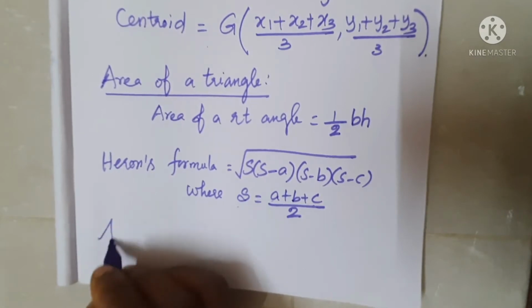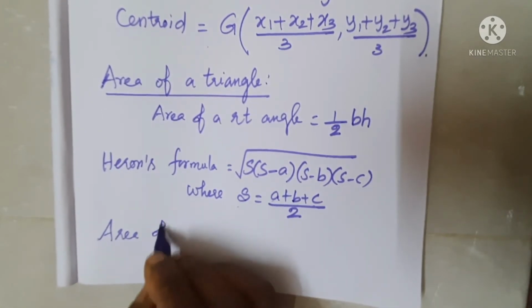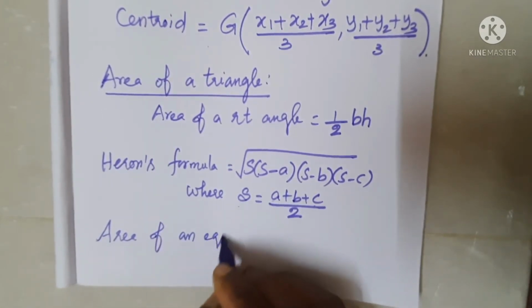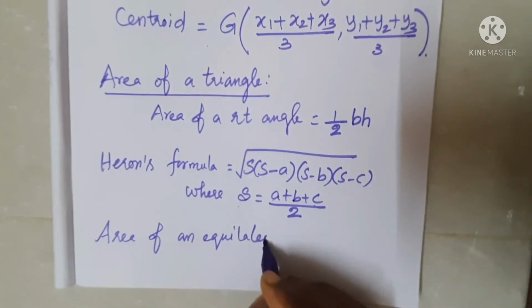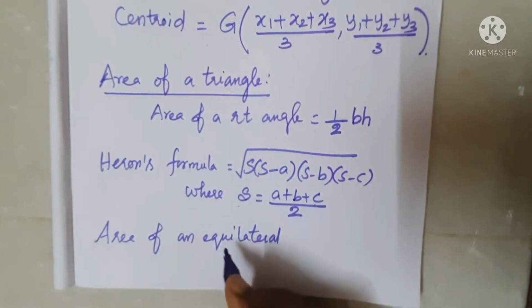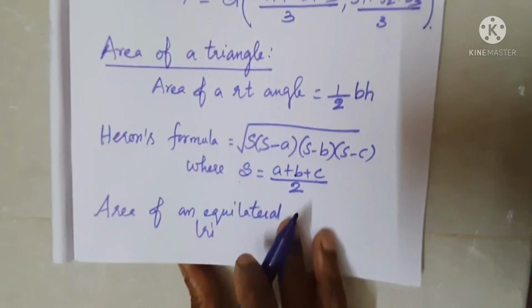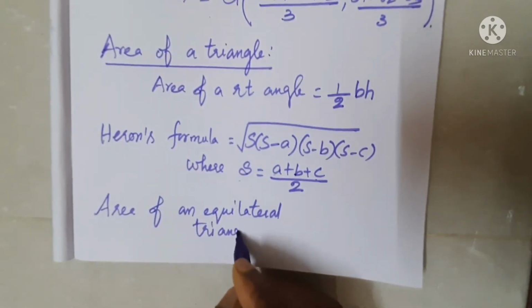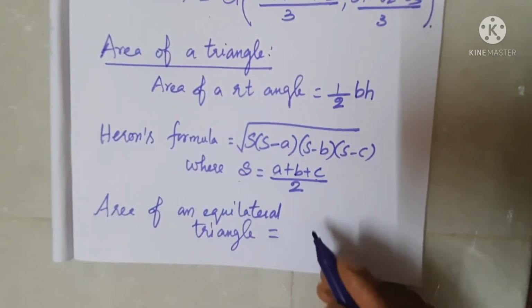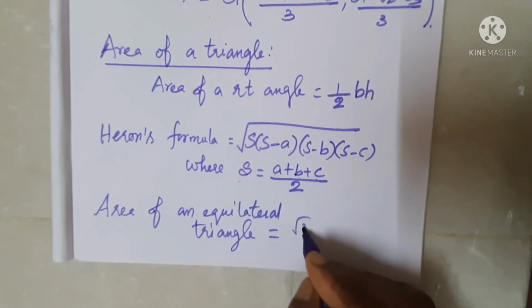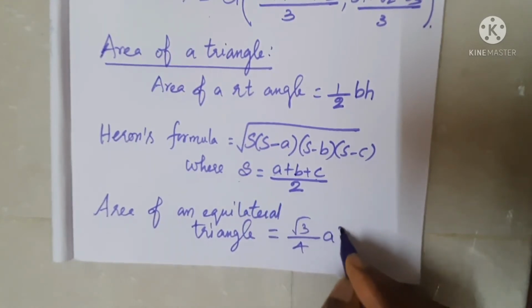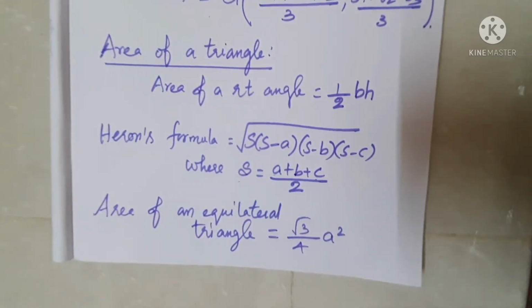Then the area of an equilateral triangle. There we use one formula: the area of an equilateral triangle is equal to root 3 by 4 a square. But here we use this